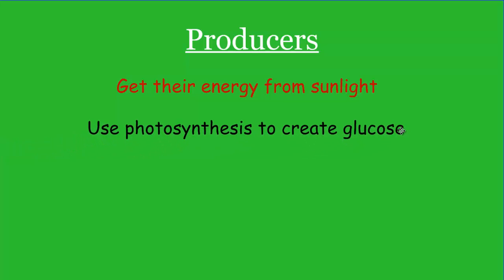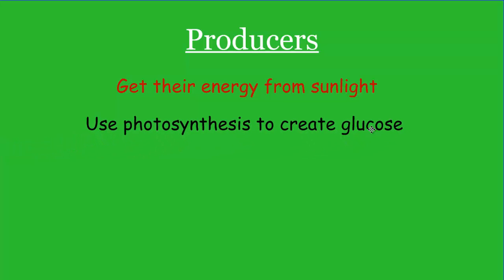So let's start with producers. Producers are organisms within an ecosystem that get their energy from sunlight. Well, they don't get it right from sunlight. They need a process to convert the sunlight into some chemical form of energy. That process is called photosynthesis, and it creates a molecule called glucose, which in turn gets broken down and released as energy for living things to use. Because producers can do that by themselves, they produce their own energy, so they're called producers. We can also call them autotrophs. Troph means to feed, auto means self, so they're self-feeders. So those are the producers.